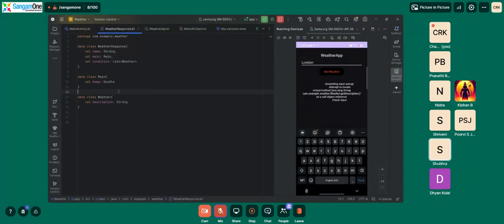So, list of weather and get description. I think this should work. I think that was the issue that we were facing. Let's also change the UI a little bit, but